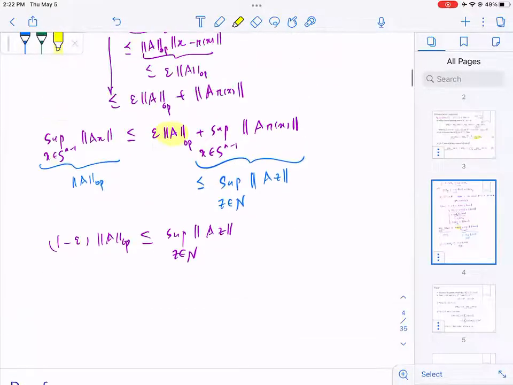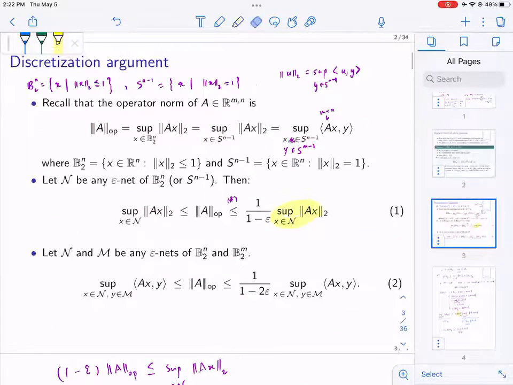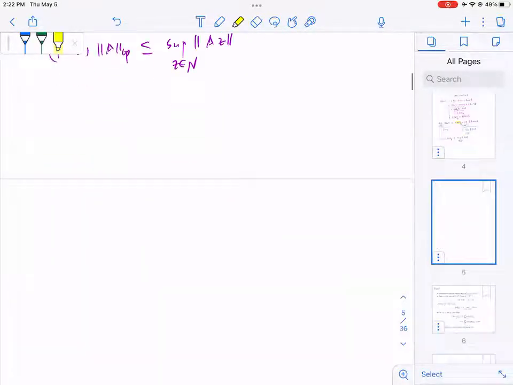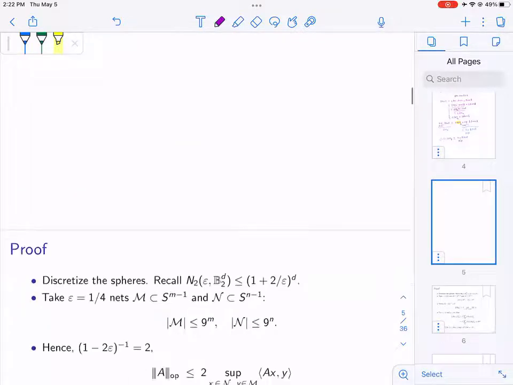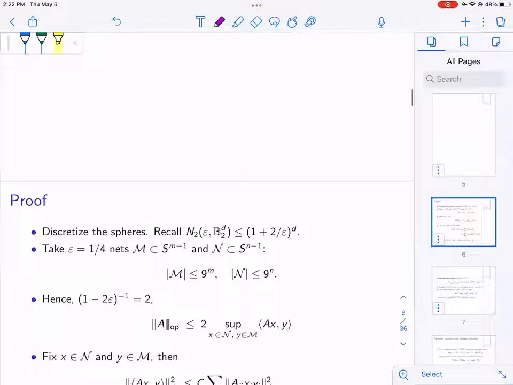So let's say, actually it's easier to do this version. This one works as well, but I'm going to use this. Okay, so let's try to do this. Let me do this. Take epsilon to be 1/4, and M and N be the nets of S^{m-1} and S^{n-1} from the result that we showed. The metric or covering number of this ball is bounded by (3/epsilon)^d if epsilon is less than or equal to 1. So if I take epsilon to be 1/4,